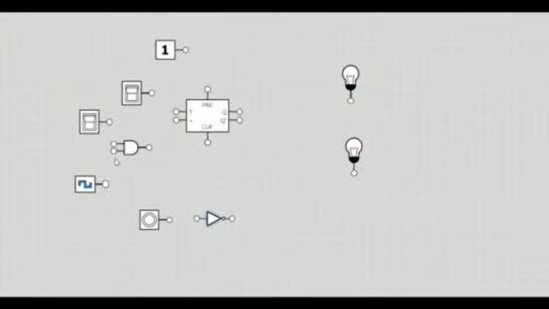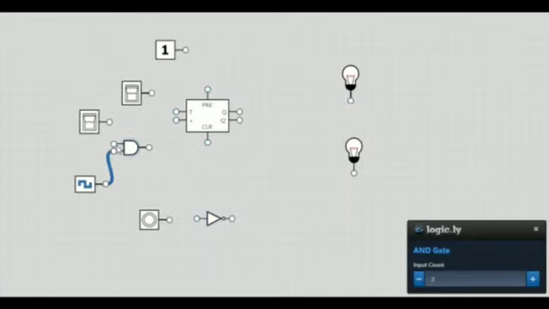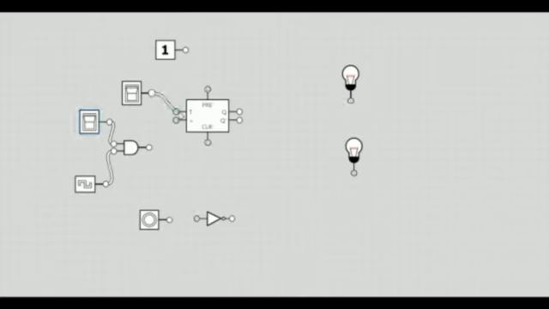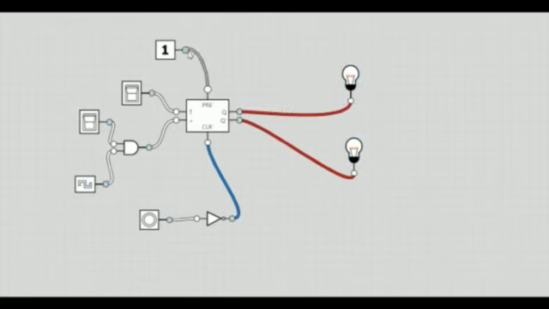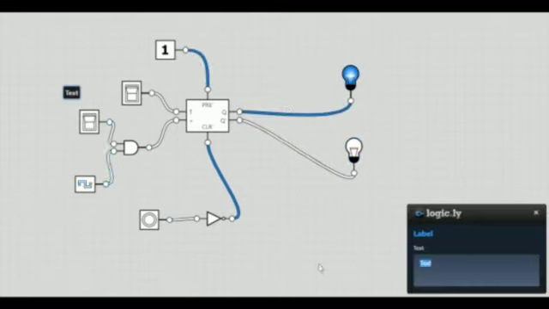Now moving on to the T flip-flop, we will need one high constant, two toggle switches, one AND gate, one NOT gate, one clock pulse, one push button, two bulbs and one T flip-flop. Now I am going to make the connections and label them. After labeling, I am going to check the table.